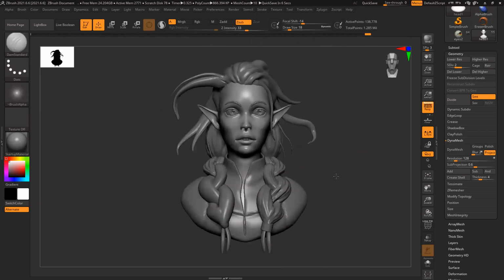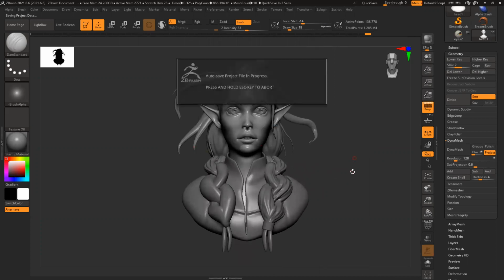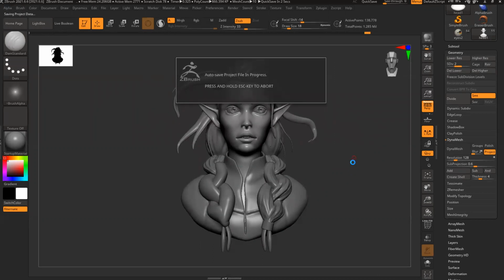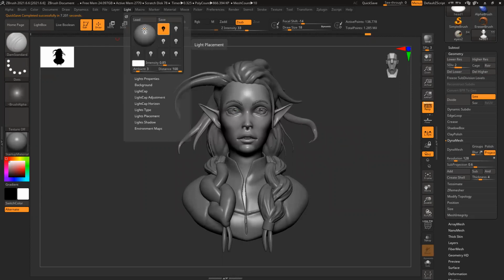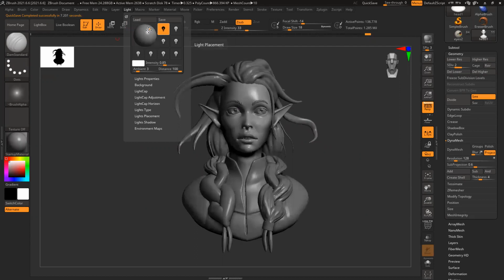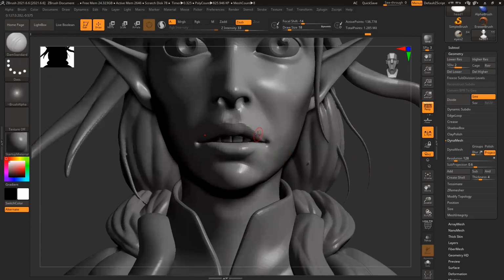And then once this is done, check your symmetry, and to match your reference, suppose you're having difficulty understanding the volume and shape, there's an easy way. Change the light. The light direction on your character is coming from the right side, so you can place the light like this, on the right side. So you somewhat mimic the lighting condition, and then you can see what can be done here. Here I can clearly see I need to reduce the lip size.